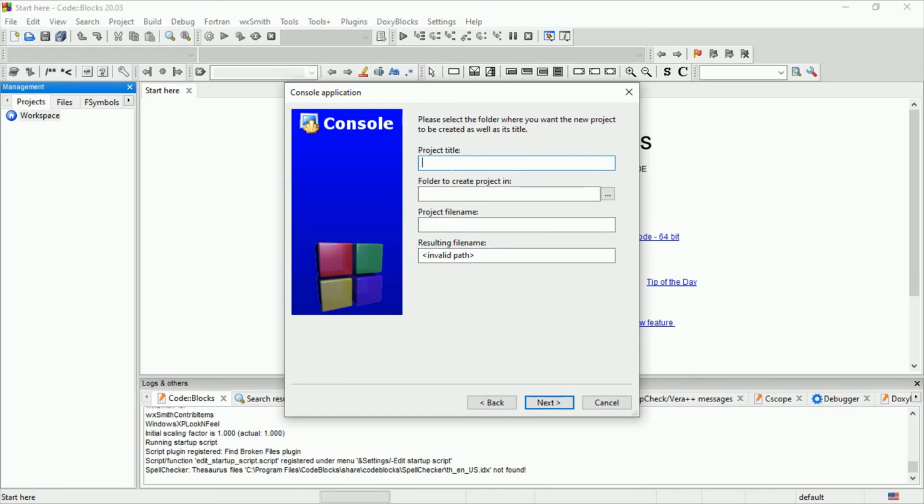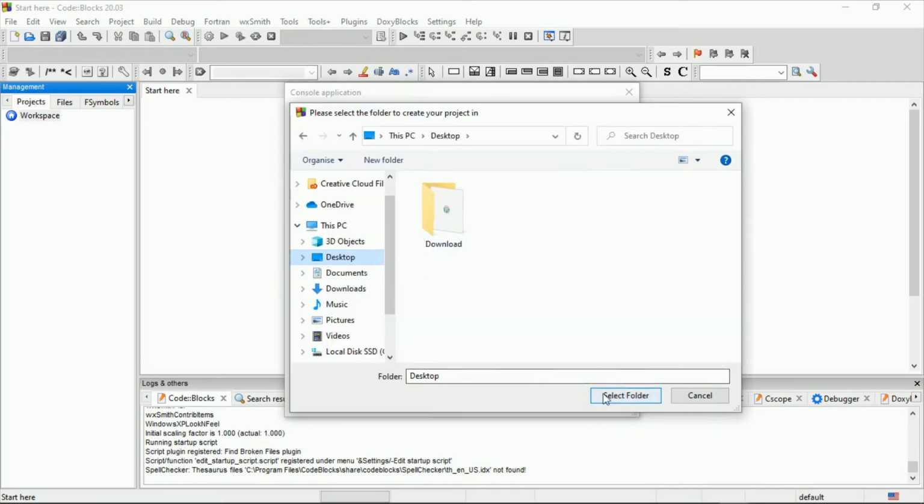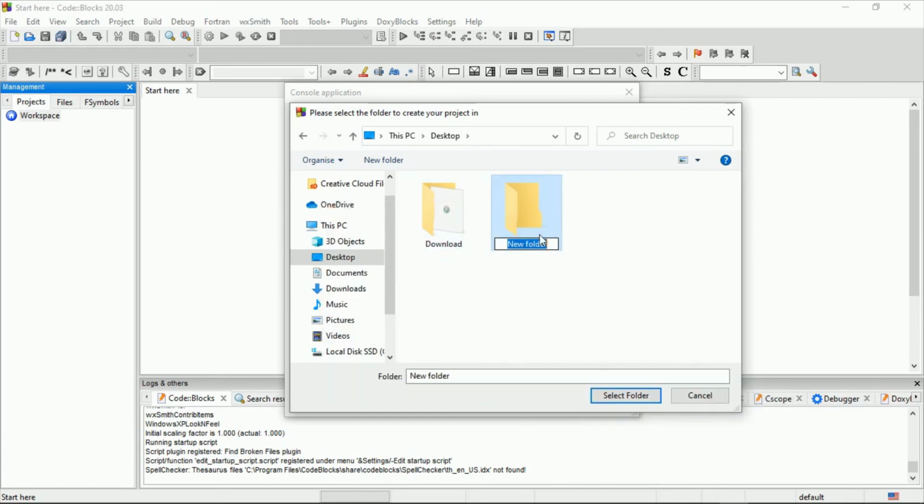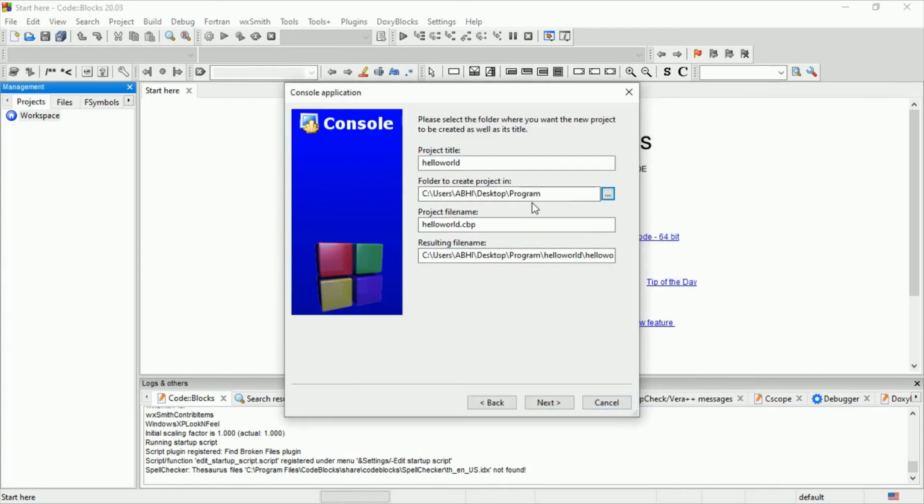Alright, here just provide the project title and create a folder for your project files. And then select the created folder, then click on Next.